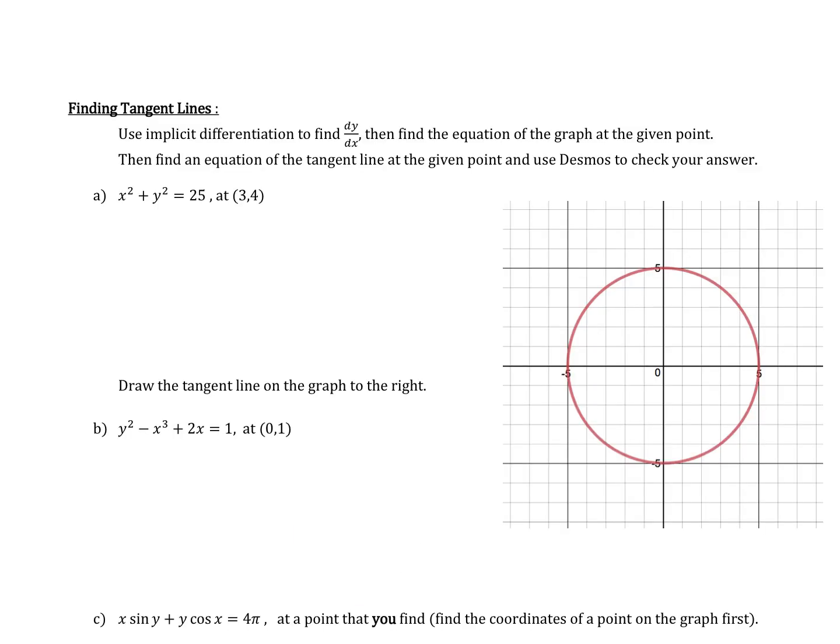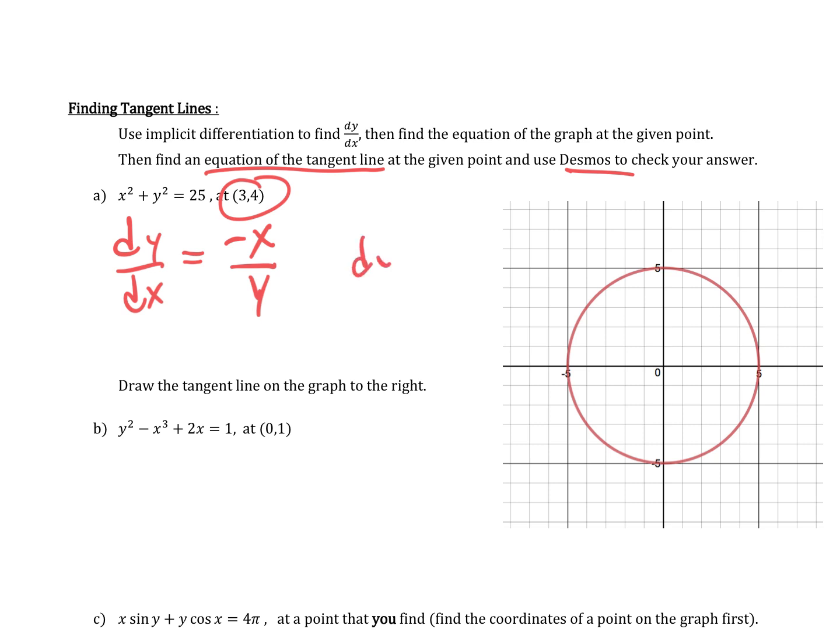All right, so here's a question now. We want to use implicit differentiation to find dy/dx. We kind of did that for this one already. And then we want to find the equation of the tangent line at this point. Okay, and you can use Desmos to graph this and check it out. So we just found the derivative, so we won't go through that again. Okay, so we know that dy/dx is negative x over y. Now if we evaluate this at (3, 4),